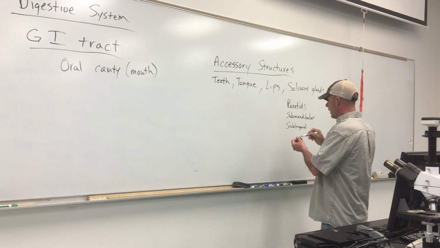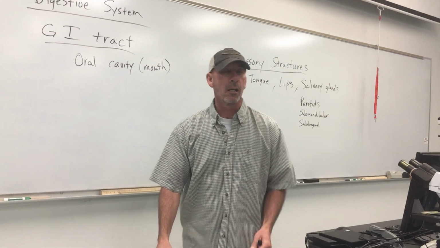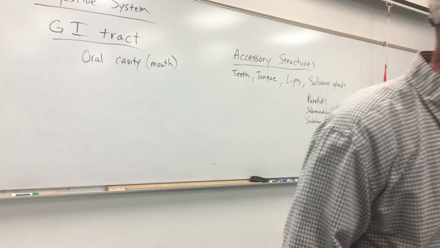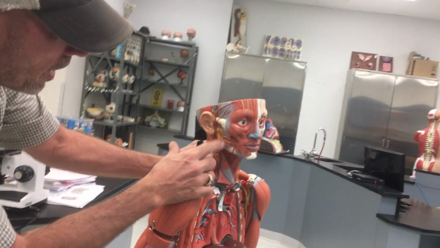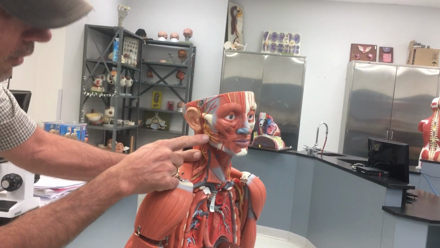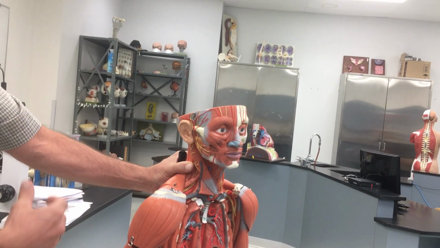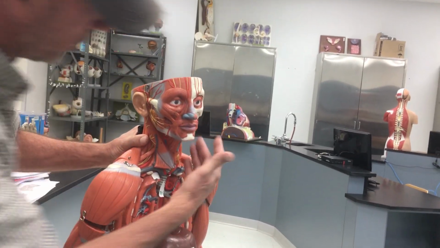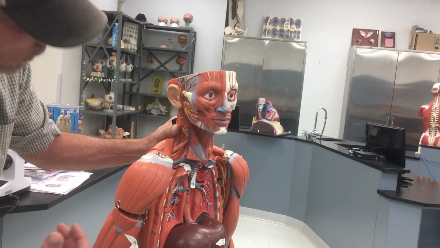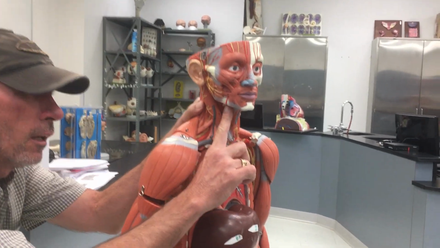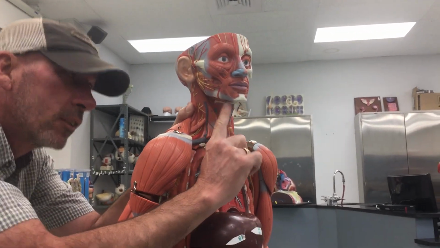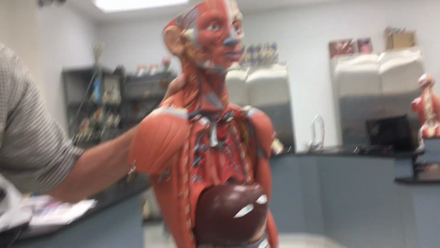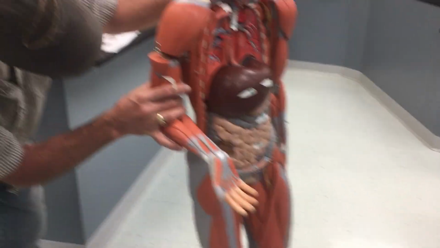Now it's these pairs of salivary glands that you can see here on the model. If you look right here above the masseter muscle, right in front of the ear, anterior to the ear, you will see the parotids. And we have those on each side of the skull, of the face. If you look under here, you can see right under there's the mandible here. Right here, I'm touching the submandibular. Sorry, broken arm. Sorry.